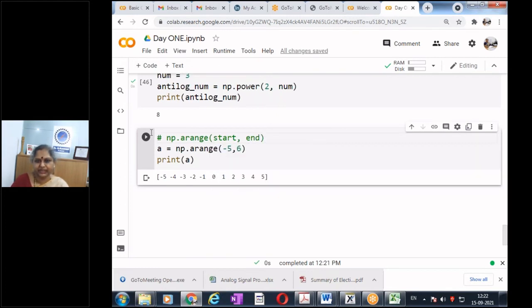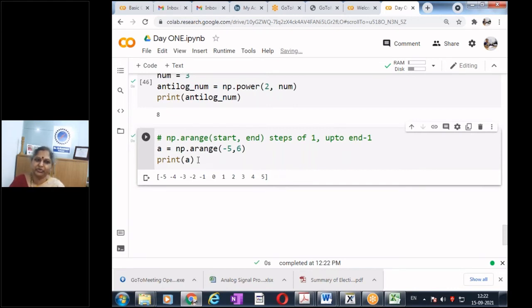It gives us numbers in steps of 1 from start up to end minus 1. Yes, very good. Thank you, Pankaj.